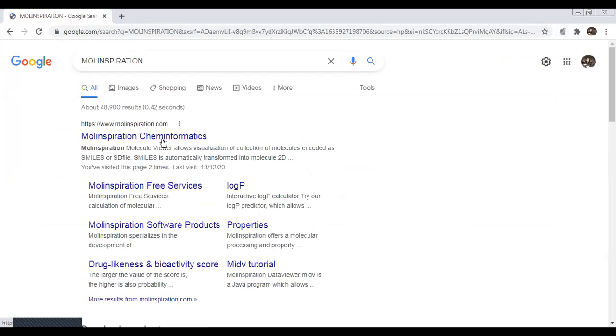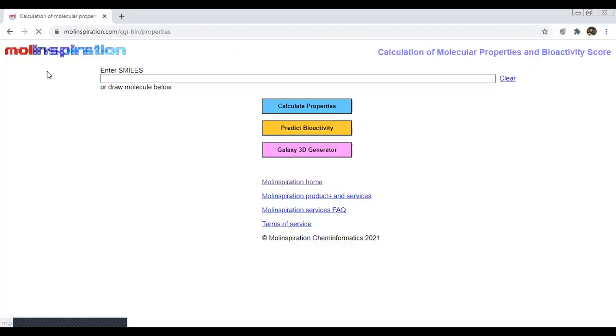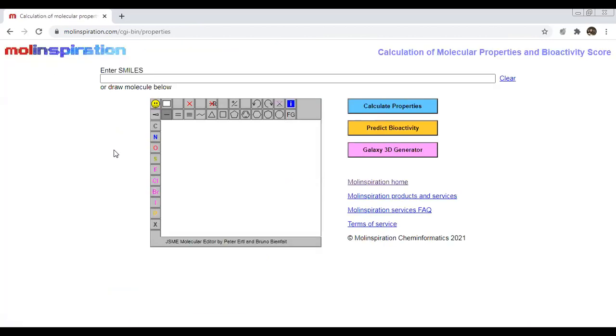Now you can see here are different titles and headings, but we need to calculate their ADME properties. Or we can mention we need to click calculate properties or predict bioactivity.